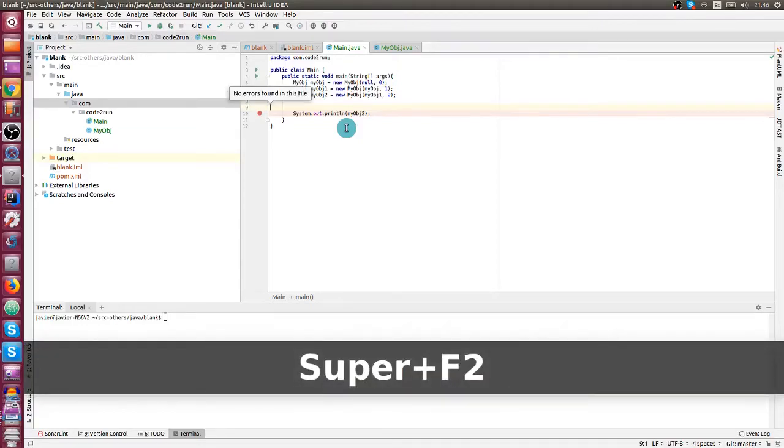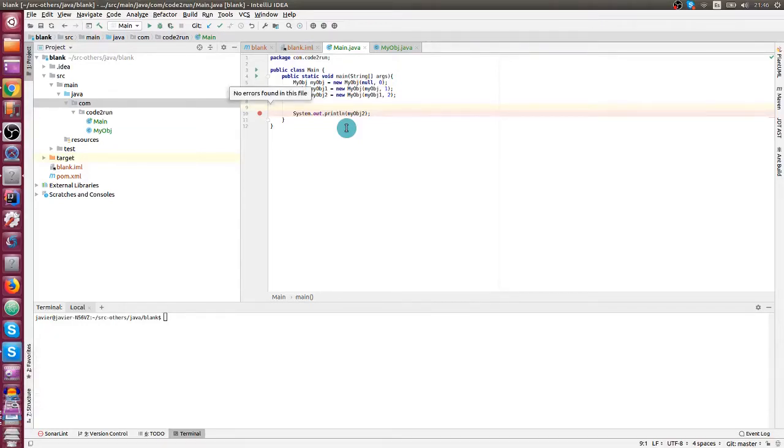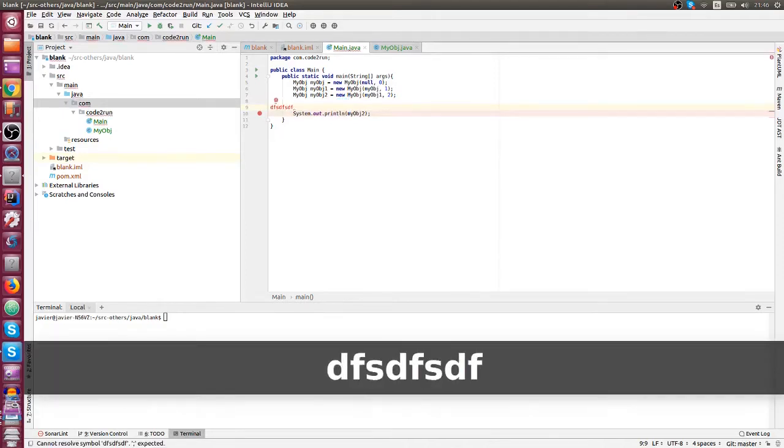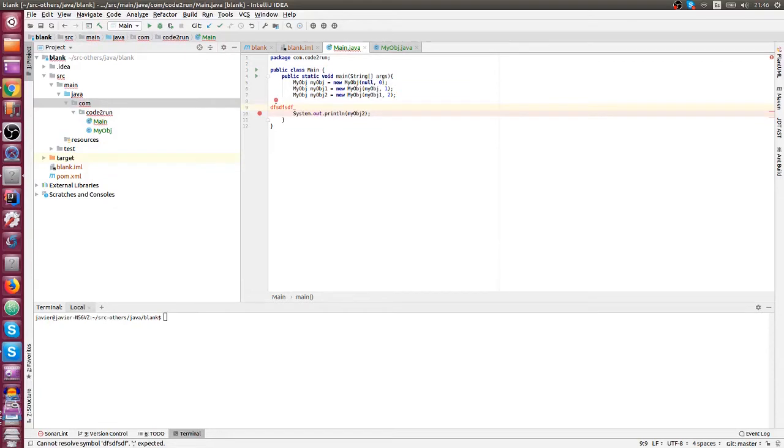Right now, we are going to have a taste of what IntelliJ looks like. Here, we have the main editor window. Here, we are going to edit our files as we would normally do in any other text editor. It has many functionalities, and we are just going to see a couple of them in order to have a